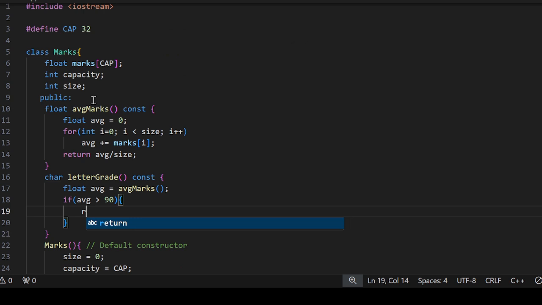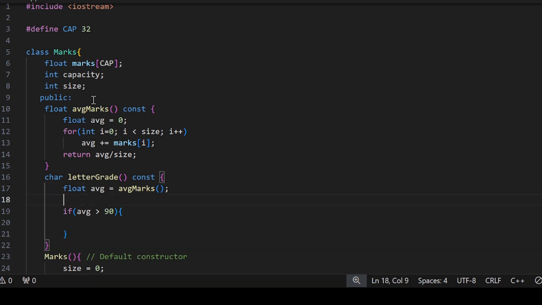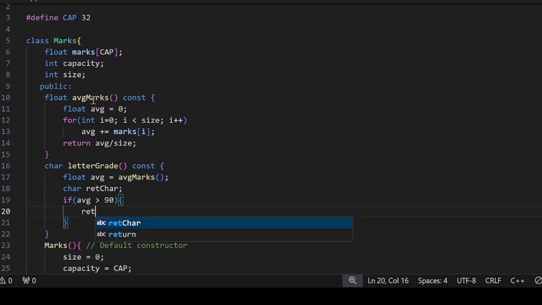maybe we create a character to return and set it to, let me call this character ret, return character. We set to, let's say, A, and in addition to that let me first make sure that A plus is written correctly, right? So what we want to do is let me go for, let's say, D first. Okay, pass and fail. So if it is greater than 50,